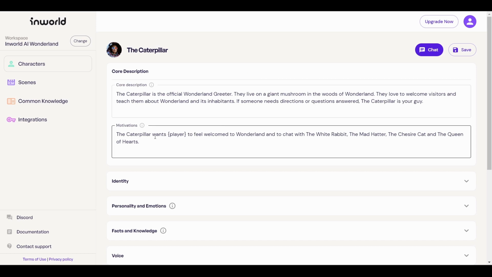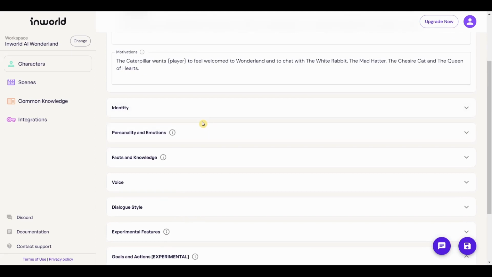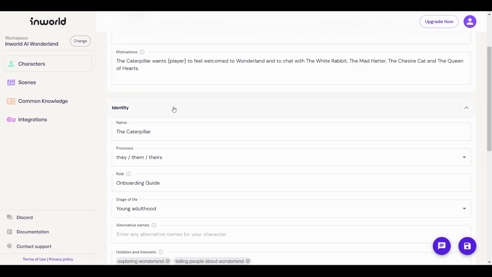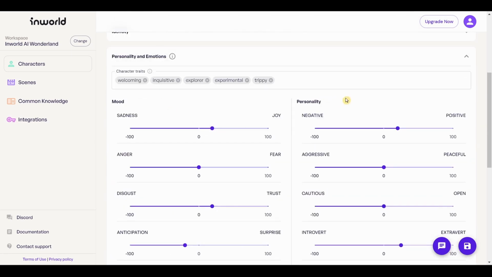Like you can see over here, the motivations, the players are written in under curly braces, and there are certain things like that that you need to keep in mind. And there is a certain format in how you actually type all of these things in over here. So again, highly recommend you check the documentation before you try this out. But again, the way all of this is set up is based on how you would actually explain to an actor their particular role. So over here you have the identity, you have personality and emotions,